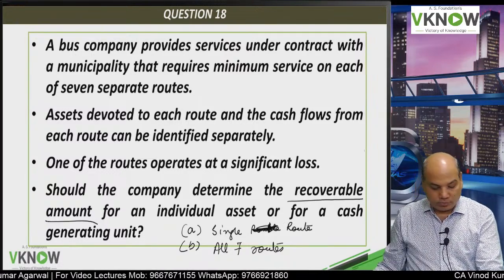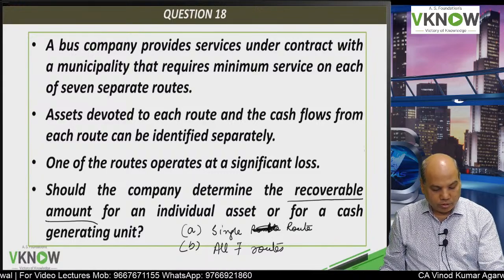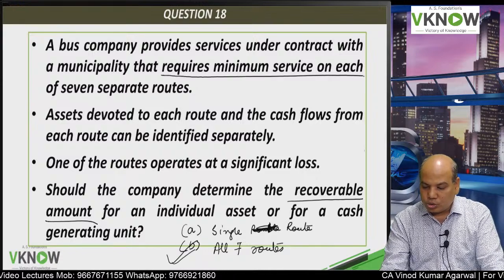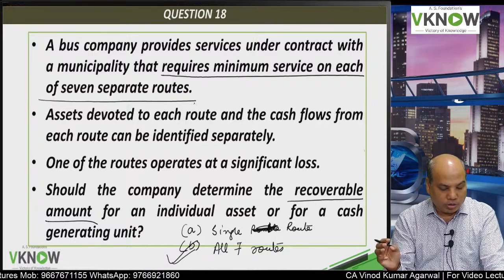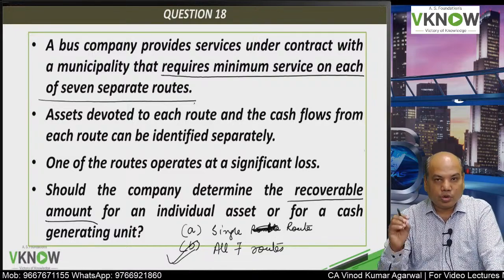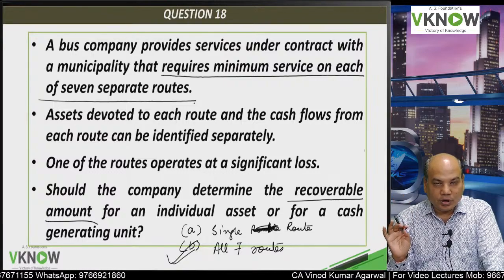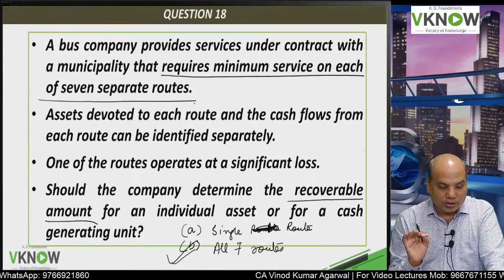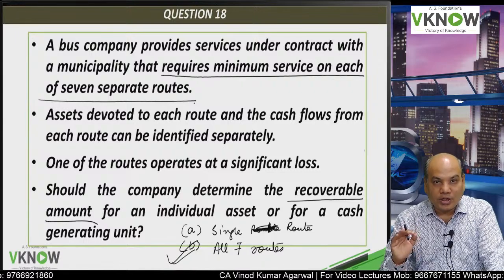The answer would be all the 7 routes, because you cannot close down one single route. Either you operate all 7 routes or you can't operate any route. Therefore, even though we can compute their cash flows separately, they do not generate cash flows independent of